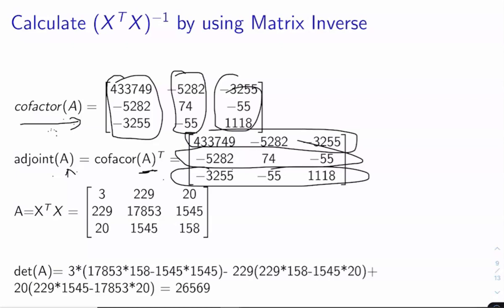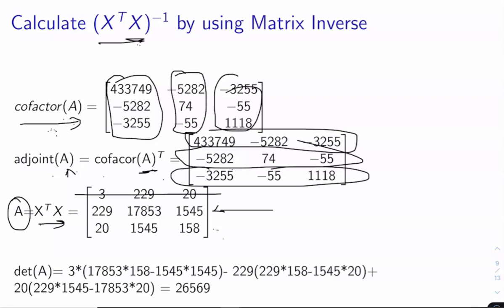Now after doing that, this is my original matrix A, that is XᵀX. This is the output of the second step. I have rewritten this matrix because we need to calculate its determinant, the matrix for which we are finding the inverse. The determinant of the matrix is calculated like this.